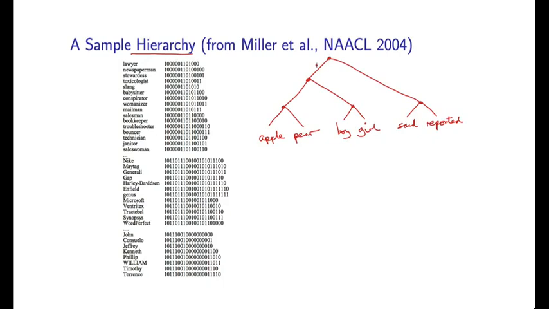But we can see here that we have some kind of hierarchical clustering, which reflects the fact that boy and girl are very similar, as are apple and pear. But in some sense, these 4 words are more similar because they're all nouns than these 2 words, which are verbs. And so a hierarchical representation allows clustering with different levels of granularity. Now, it'll be useful to